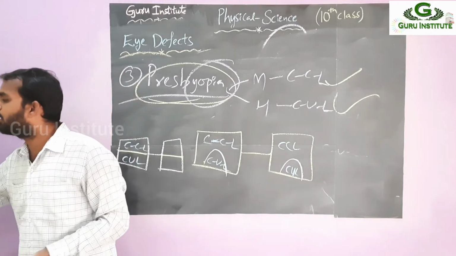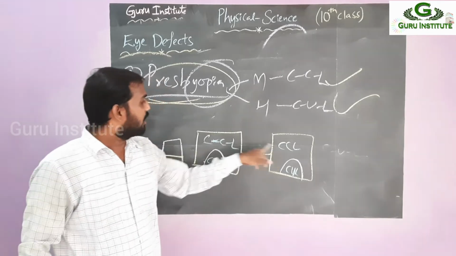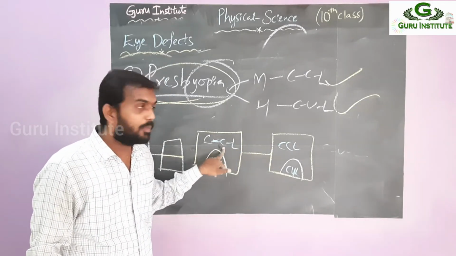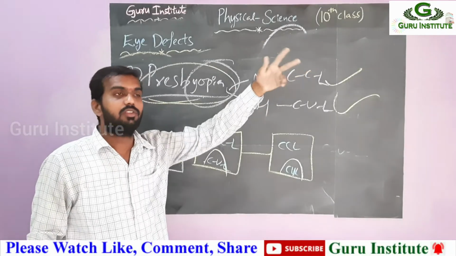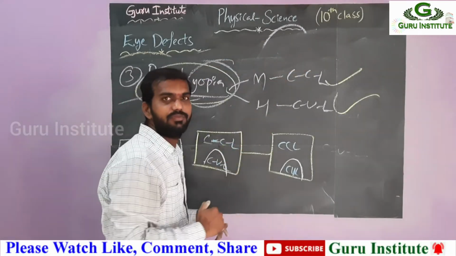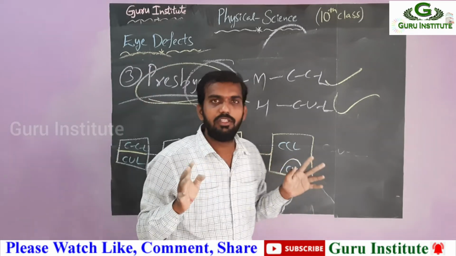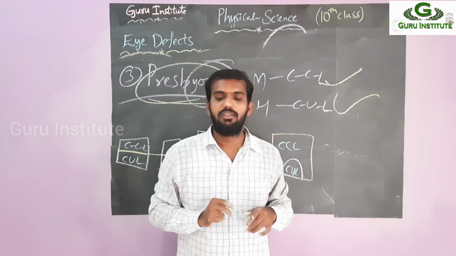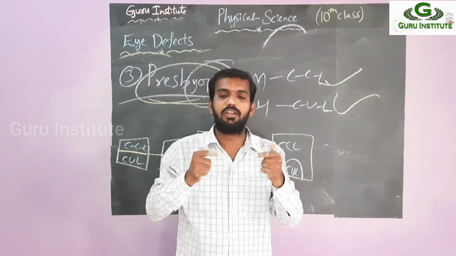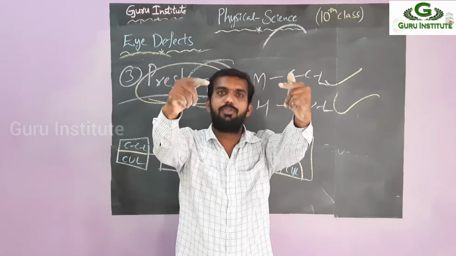So why are they using it that way? There is also a small reason. Concave lens is used to correct the myopia defect. You can't see the far objects, right? If you want to see the far object, you have to open your eyes. You can see the upside. If you want to see a near object, you can see like this. So your eye is focused just near only. Suppose if you want to see the far object, your eye is focused like this. That means you can see the upside.